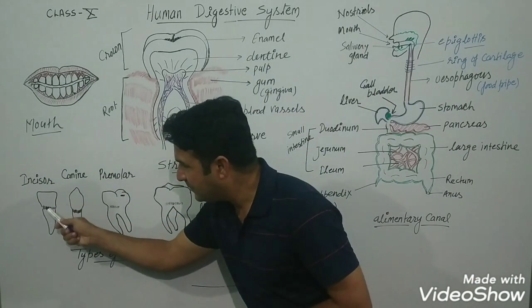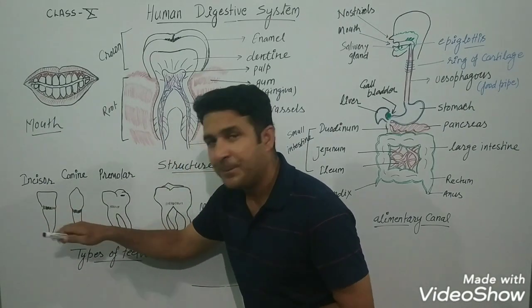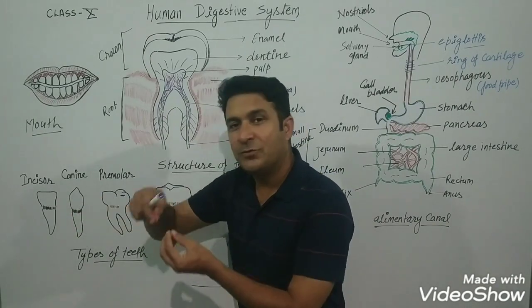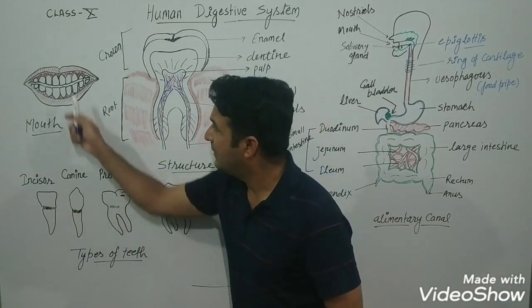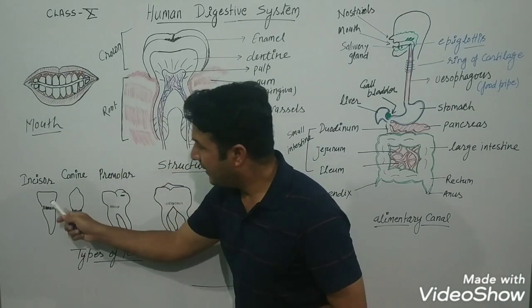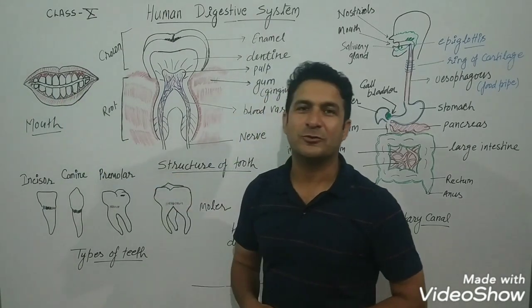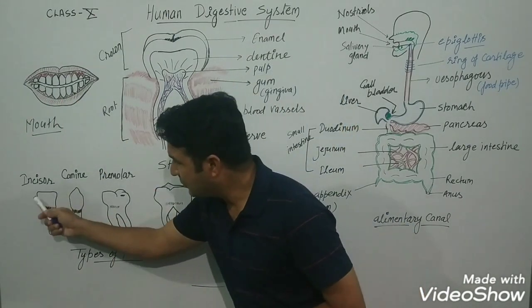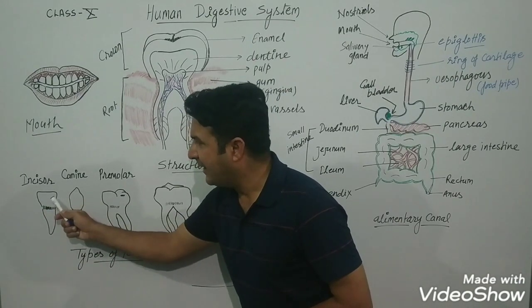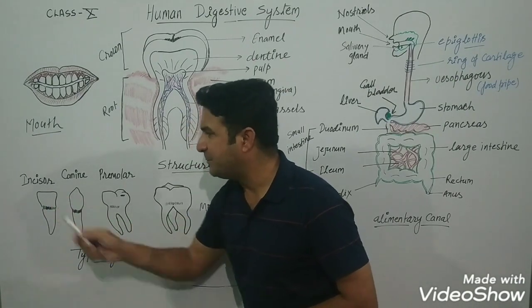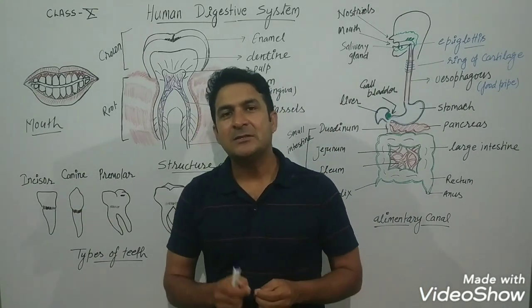If you see this diagram, I have drawn a black line here. The downside of the black line is the area of the teeth which fits inside the jaws. So we can't see this area, but the above area we can see very clearly, which you can see in this diagram also. So you just focus on this upper portion. The incisor has a specific design.